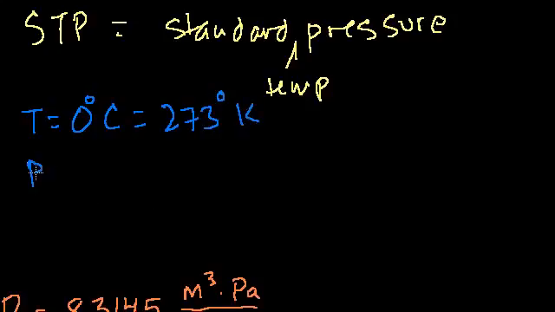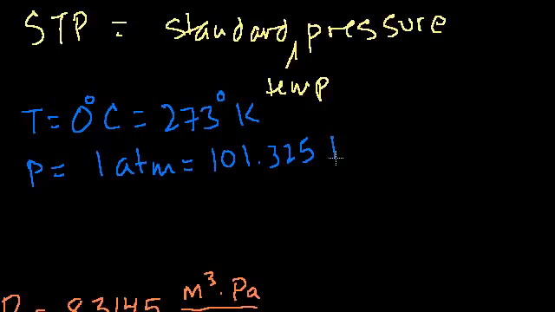And pressure, we're assuming, is 1 atmosphere, which could also be written as 101.325 kilopascals. So my question is, if I have an ideal gas at standard temperature and pressure,